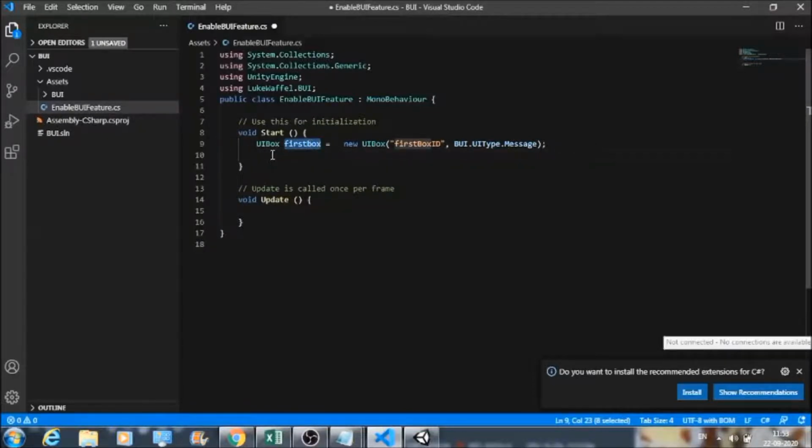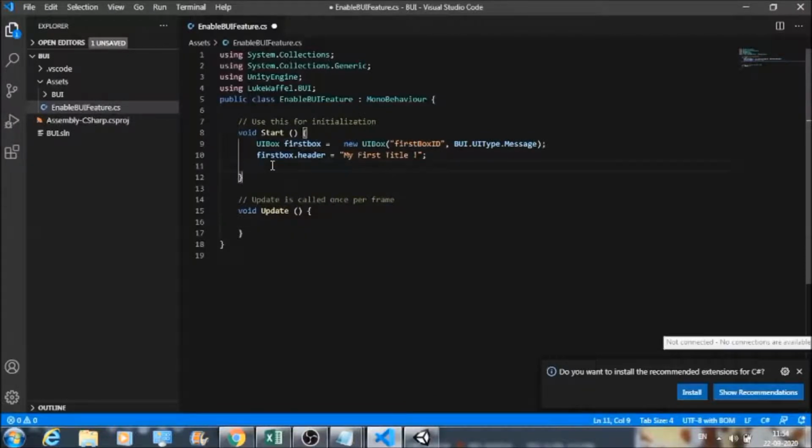After this, let's define the header part and the footer part for this firstBox object that we've created. For defining the header part, the code we are going to use is .Header. And what is the text that I want to get reflected in the header part? This is the text: my first title. This is the text that I want to get reflected, and let's put an exclamation sign also.